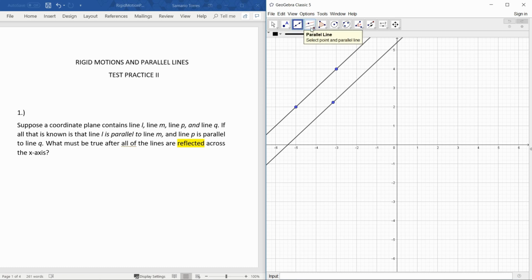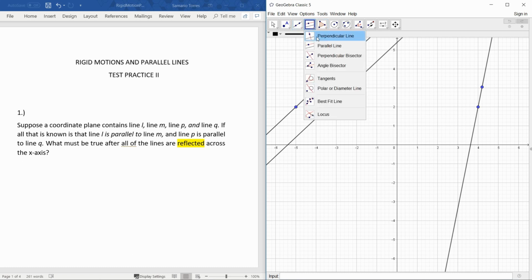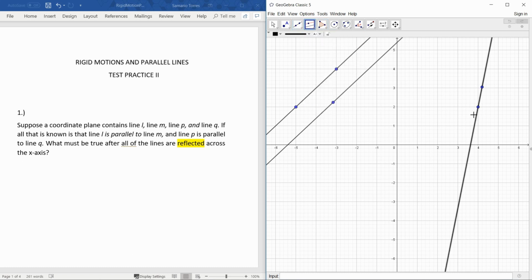And now let's see if we can do another line. Maybe this one will look like this, or like this maybe. All right, like this. And another parallel line, we'll do a parallel line to this line. All right, there we go. So maybe this is line L, this is line M, this is line P, and this is line Q. All right, so now it says if all that is known is that they're parallel, okay, so we know